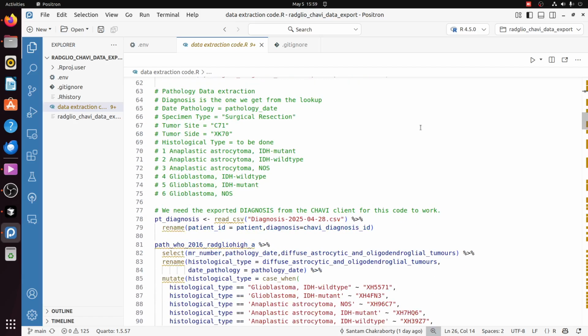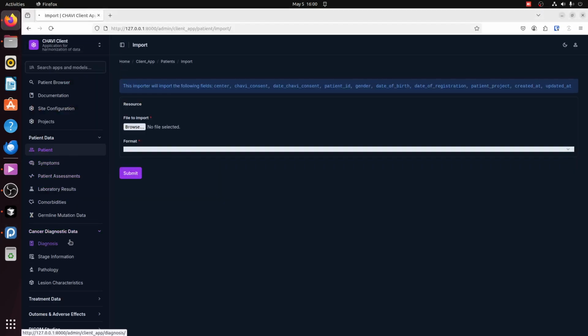Now, the link or relationship between pathology and diagnosis is that pathology is related to diagnosis, and diagnosis is related to patient. In CHAVI, every form except the patient ID gets a unique ID, which is a universal unique identifier or UUID. Therefore, we need to get this UUID from the CHAVI client after we have entered the data for the patient and the diagnosis. So once you have imported the patient data, then you need to import the diagnosis data,